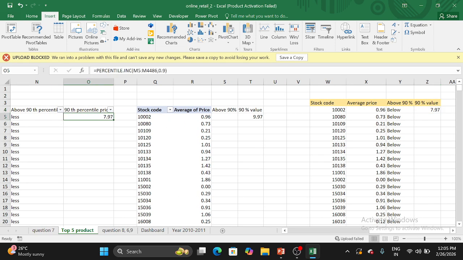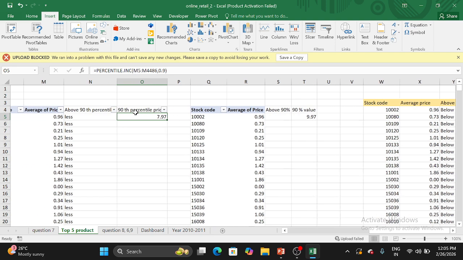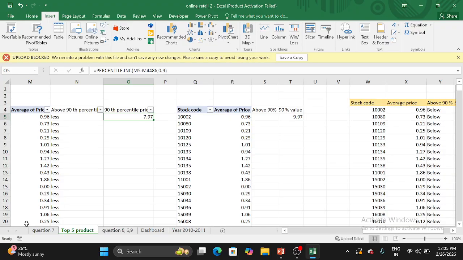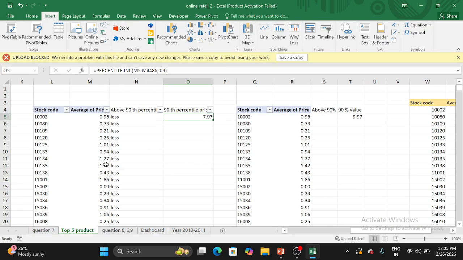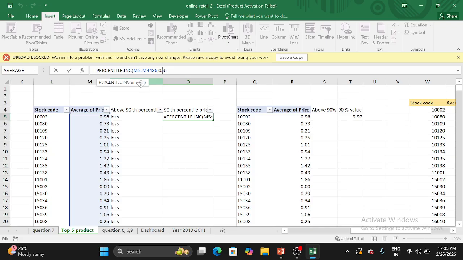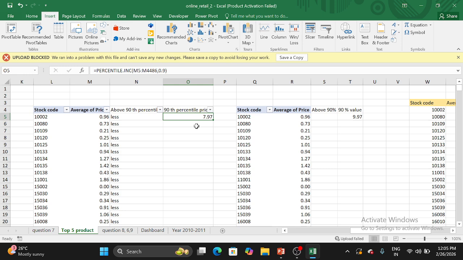Here you can see PERCENTILE.INC, the array is the average price range, and also the k value, which means which percentile you want. 100 percentile means 1, 80 percentile means 0.8, 50 percentile means 0.5. This is the k value. I want the 90 percentile, that's why 0.9. Then I got this 90 percentile price value as